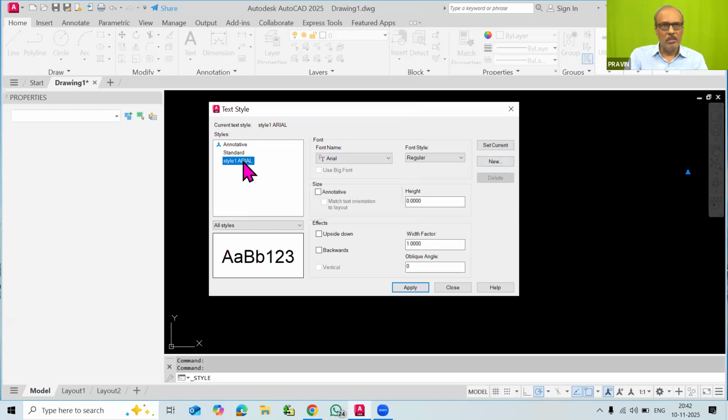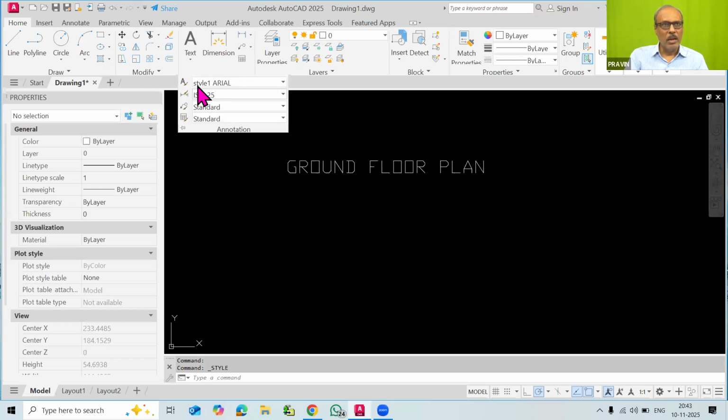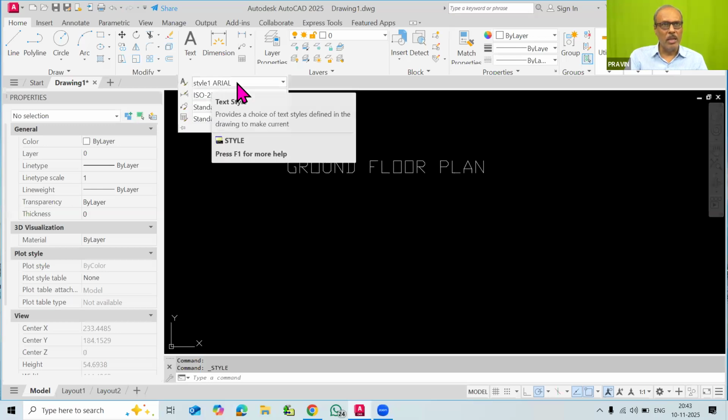And now you have to select this style 1 Arial, and you can make it apply, then set current, and then close. So you will get the preview of this font. Now the Arial font is used in our style 1, and this will be set current and closed. As we have made the set current command, you can see here that now the style is style 1 Arial.